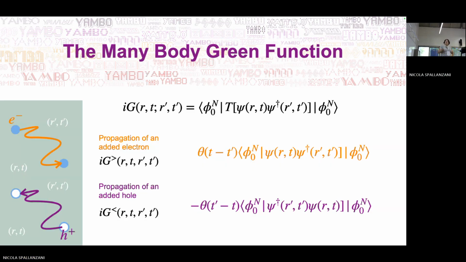To what do these two terms correspond? So we can say that this first term gives us the propagation of an added electron in our system. So we create at time t prime, at r prime, an electron that then propagates in our system and then is annihilated